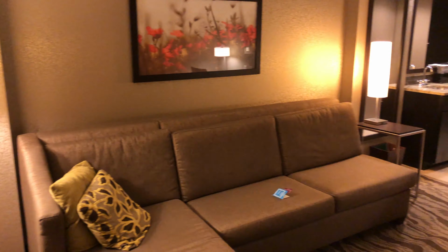So this is our King Suite here at the Embassy Suites, Hamilton Place, Chattanooga. And we're going to do this in sections because we have stayed in this room. This is not video done upon check-in like we usually do, so I have to compartmentalize the mess that we've made. So right now I have the living room area clean. So we'll take a quick look around the room,